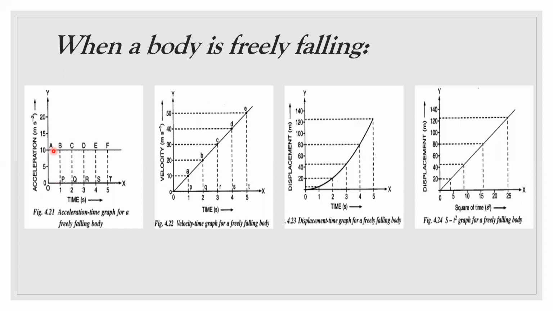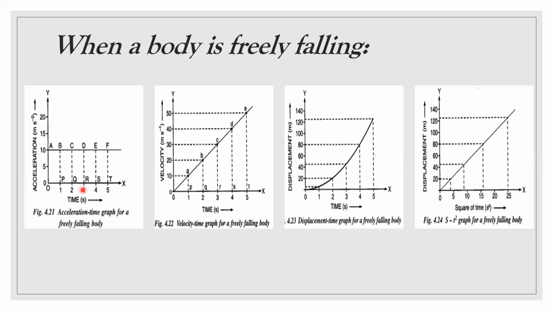When I have to calculate the velocity at 2 seconds, I have to calculate the under area of this whole rectangle, that is ACOQ. Then for the overall velocity at the third second, I have to calculate the under area of ORDA. Then at the fourth second, the under area of OSEA. Then at the fifth second, the under area of OTFA. Okay, so I will calculate all the under areas and note down the values of velocity at particular times.